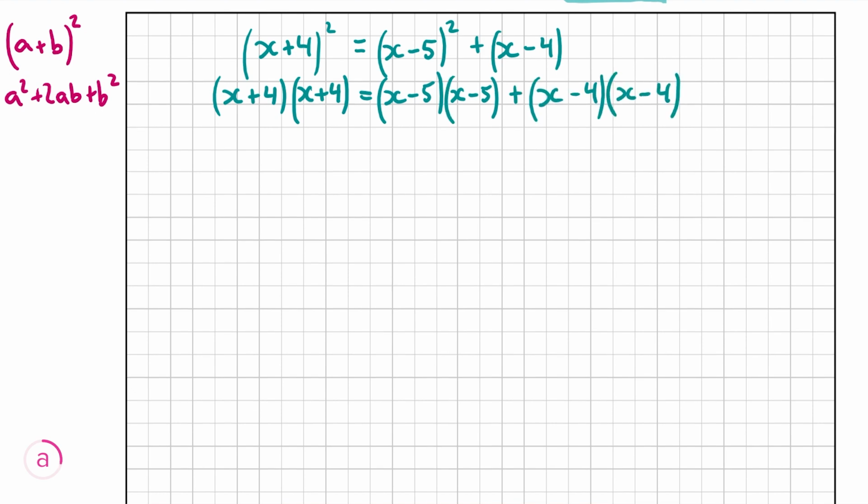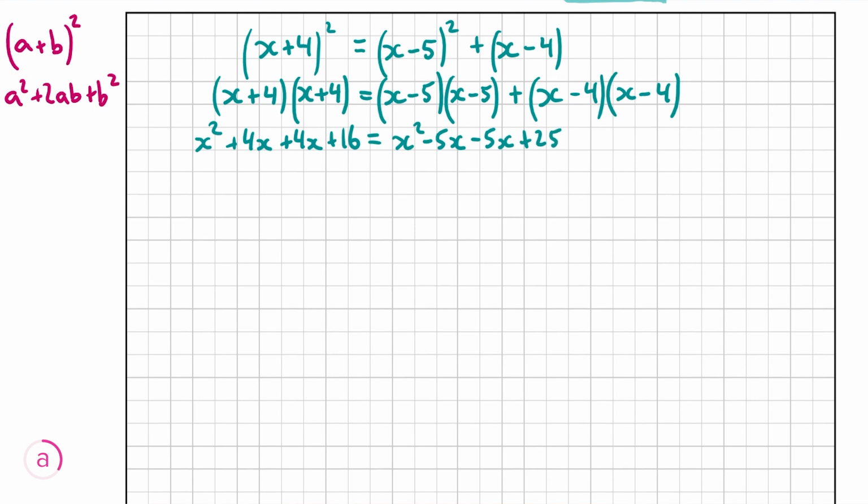So (x plus 4) by (x plus 4), so that's x by x is x squared, x by 4 is 4x, 4 by x is also 4x, then 4 by 4 is 16. And then (x minus 5) by (x minus 5), so x by x is also x squared, x by minus 5 is minus 5x, minus 5 by x is also minus 5x, and then minus 5 by minus 5 is plus 25. So be careful there, it's a double negative, a negative by a negative, so the answer will